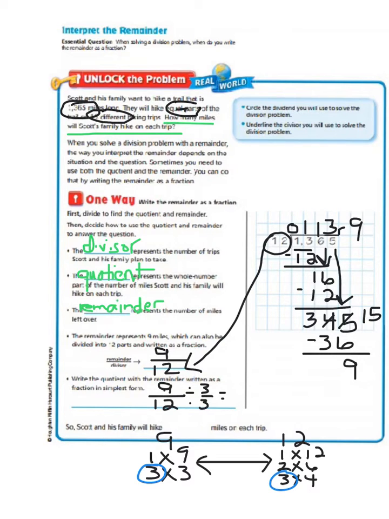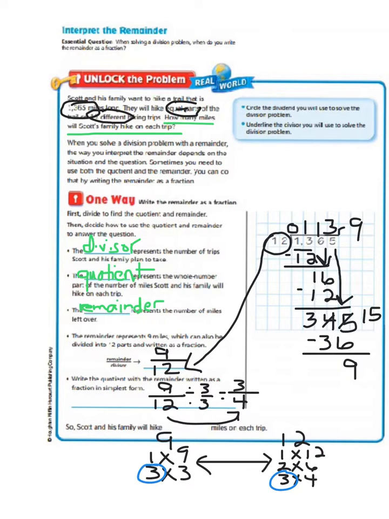9 divided by 3 is 3. 12 divided by 3 is 4. So 9/12 written in its simplest form then becomes 3/4. So to answer our question, Scott and his family will hike,